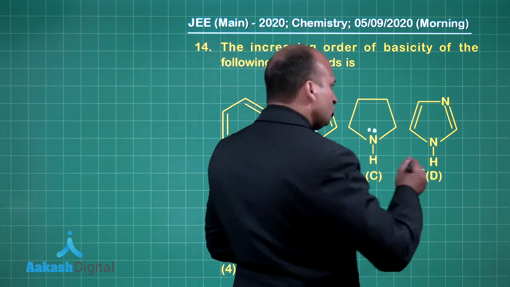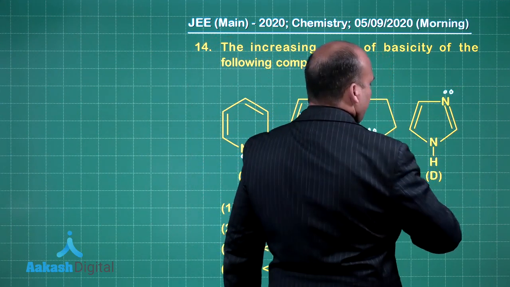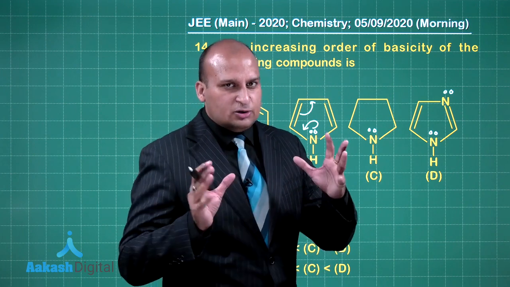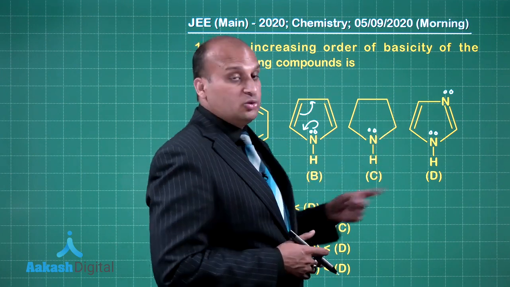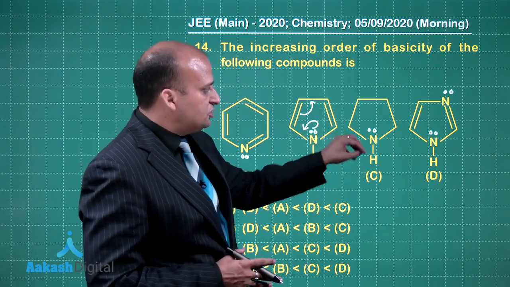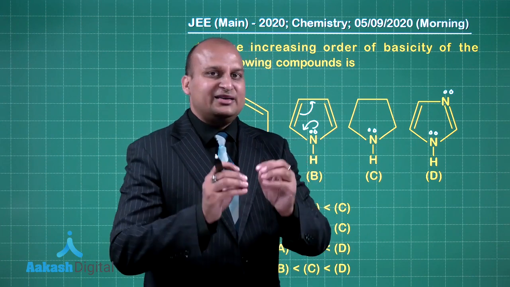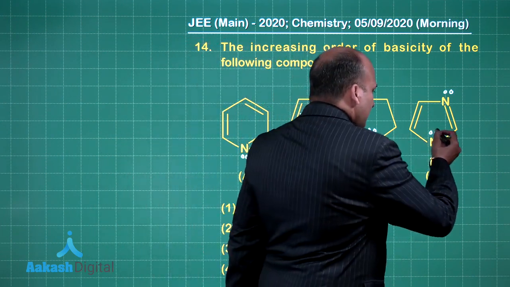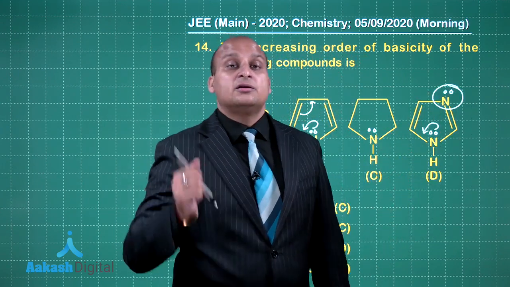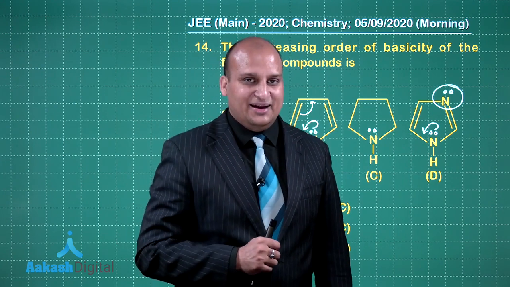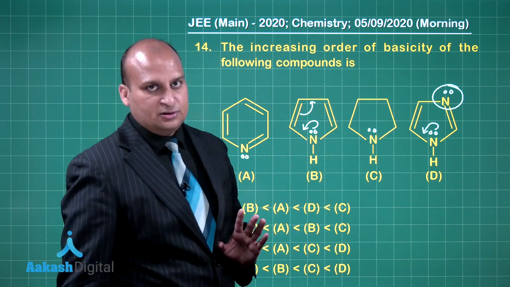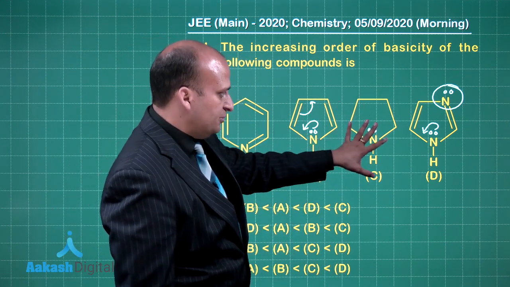In this case we are having two nitrogens, one which is with a pi bond and one which is having conjugation. Now the initial thought that comes to our mind is, see, there are two nitrogens, so it should be more basic. No, it doesn't go like that. The idea over here is which nitrogen is able to donate the lone pair easily. Here this electron pair is involved in resonance. This electron pair is bonded to a nitrogen which is sp2 hybridized, right? So both the nitrogens have lesser capability as compared to this nitrogen. So C should be the most basic.